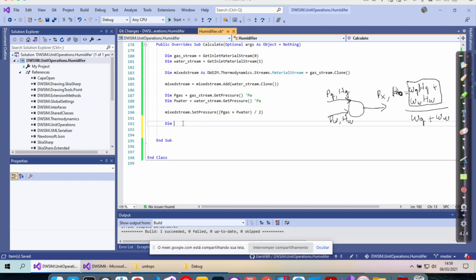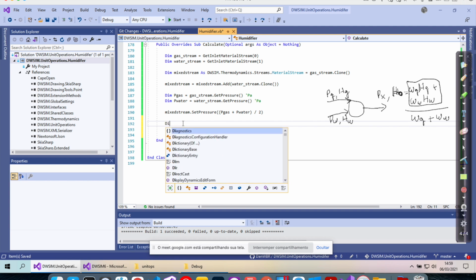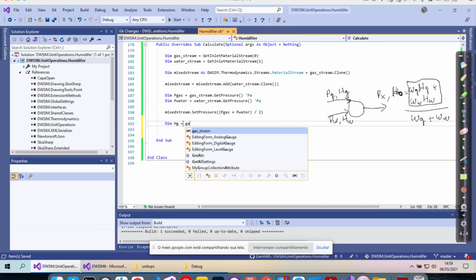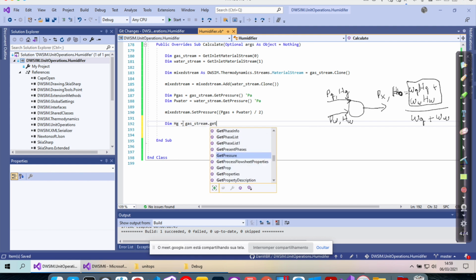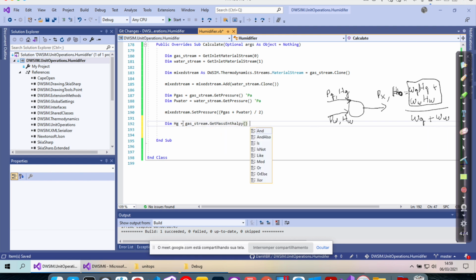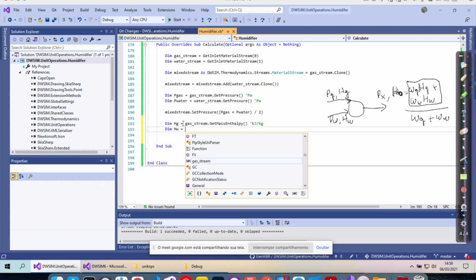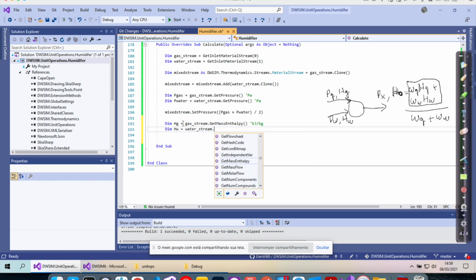So we have here, let's get the enthalpy of the gas. Gas stream, get mass enthalpy. This enthalpy comes in kilojoules per kilogram. The enthalpy of the water, so that's water stream,